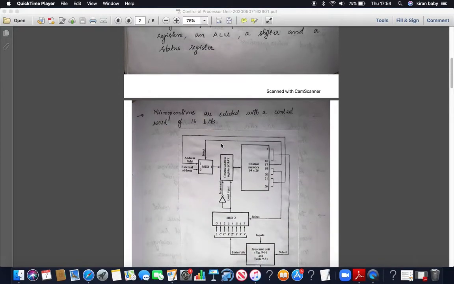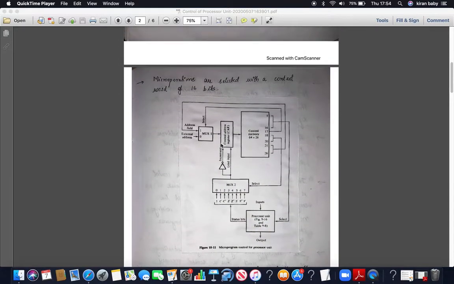Now here we are going to learn how a microprogrammed control unit can be designed inside this processor. Basically, what is the functionality of a control unit? Our control unit is basically an engine that helps to perform different operations through a set of control signals.